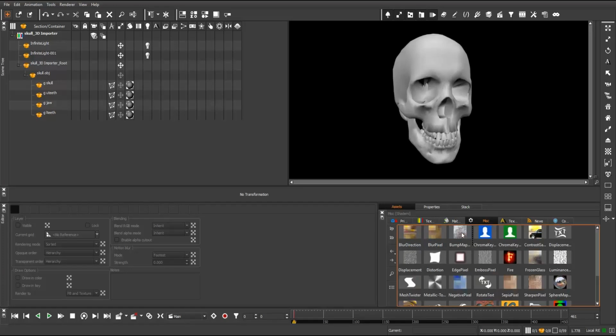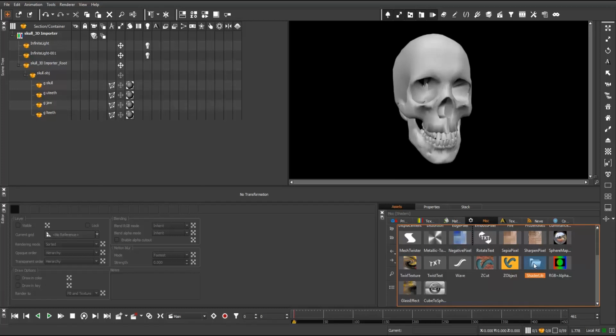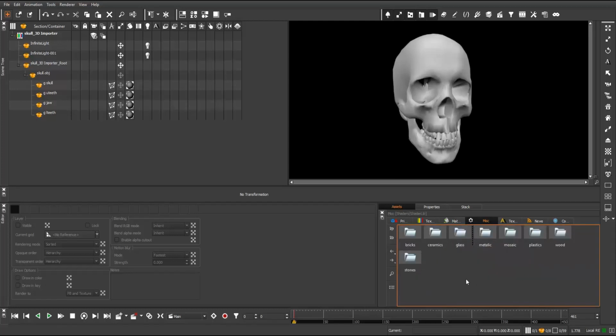So if we go into the shaders folder, we'll see a separate folder in here called shaderlib. These contain a variety of different materials from bricks, glasses, metals, plastics, and wood, etc. that can be applied to different scene objects. In total there are about 100 or so different materials in here. So we're not going to go through each one, but we'll take a look at a few different selections in